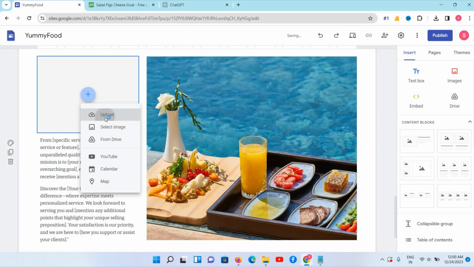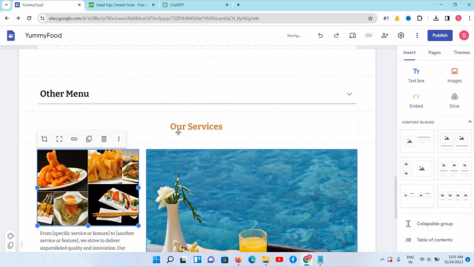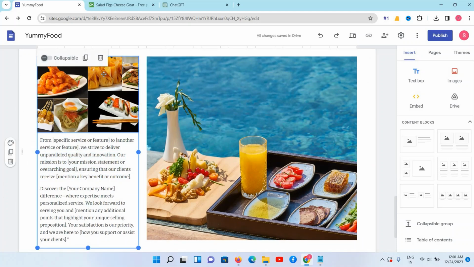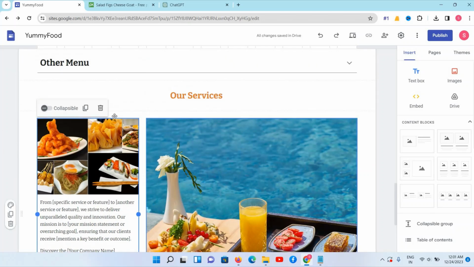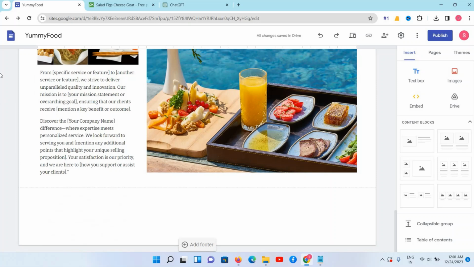Again here one more image is there. Choose this collage image. In this way we have added services. About service you can just mention your paragraph, or you can add your restaurant images, your chef images, kitchen part. In this way you can create your section about service part,